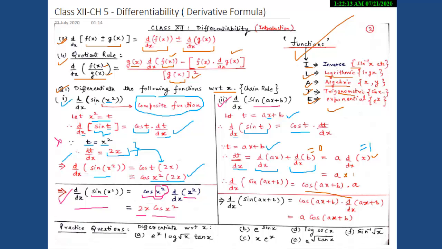So this is the general method of how we differentiate a composite function. And now we will solve it directly by applying the chain rule. So d by dx of sin(ax plus b). Since we know that d by dx of sin x is cos x, from here we get d by dx of sin(ax plus b) is equal to cos(ax plus b). And now again differentiate it, that is d by dx of ax plus b. So from here we get a into cos(ax plus b). So this is how you have to solve it in the examination.